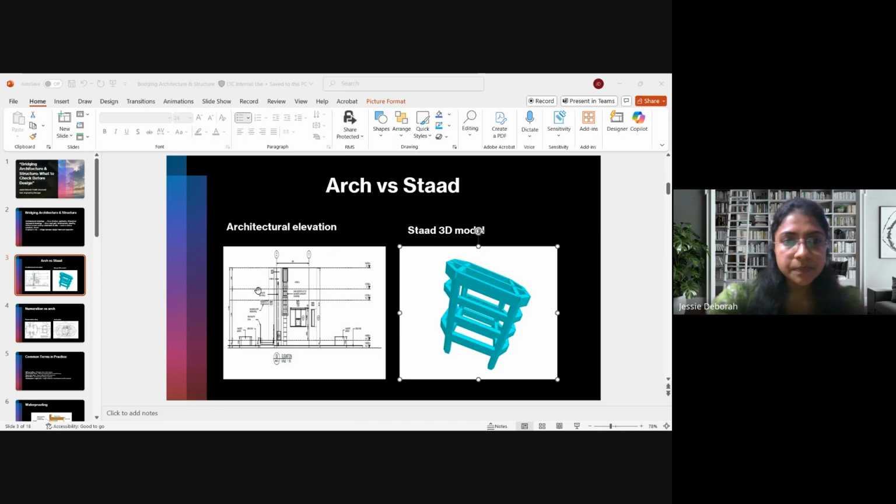Like I told you in the previous class, we are actually dealing with so many loads that act on the structure, like the dead load, live load and other things. So if you look at the structure, you have to understand what are the dead loads and what are the live loads that are acting. In this structure specifically, if you see, there are a lot of doors and windows. I can actually show you the model of this structure. One second.